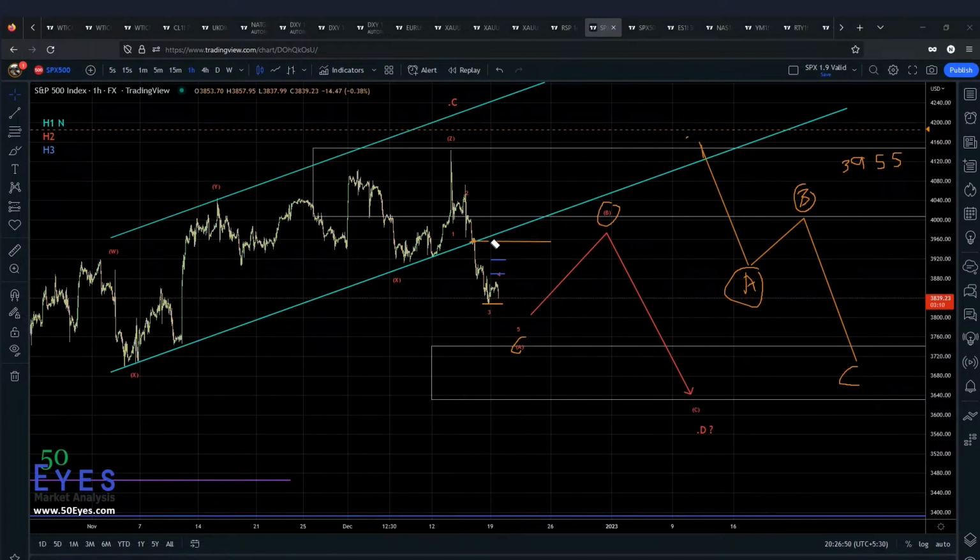So, John, I don't know what entry level you have. Neither do I know what risk you can afford. So I will not be suggesting any stop loss level. But what I can tell you is that wave 4 generally should not go higher than this 39.17 level. And because there's a huge speed, I personally will not be interested in holding this short if it goes higher than this 38.90 level.